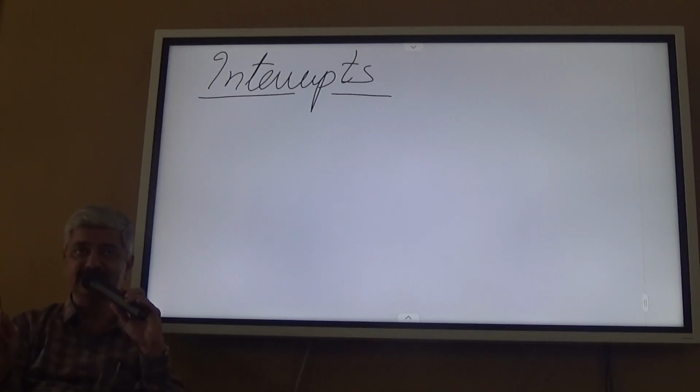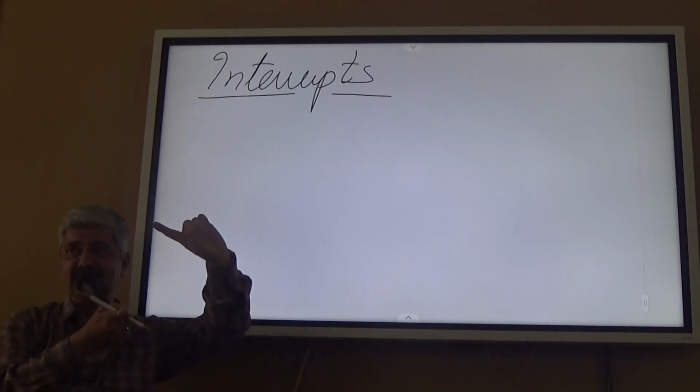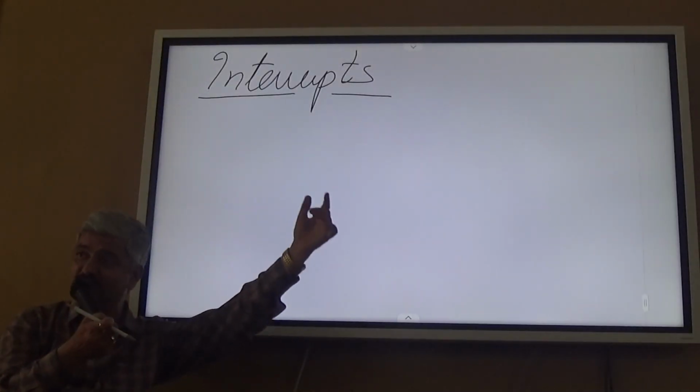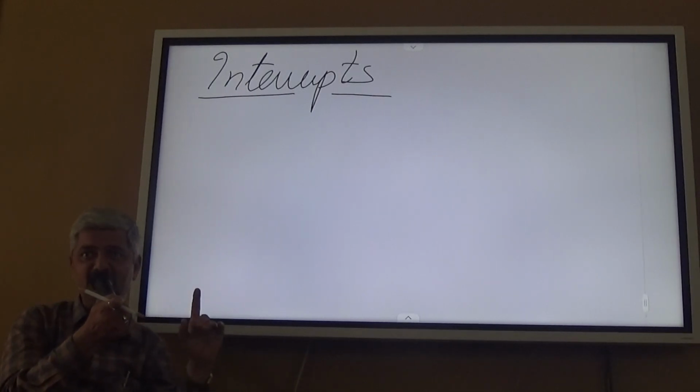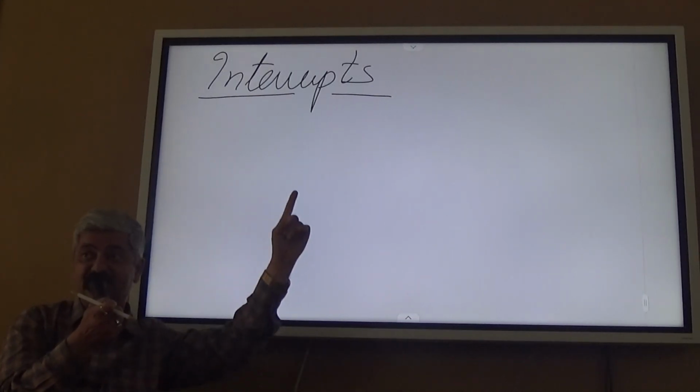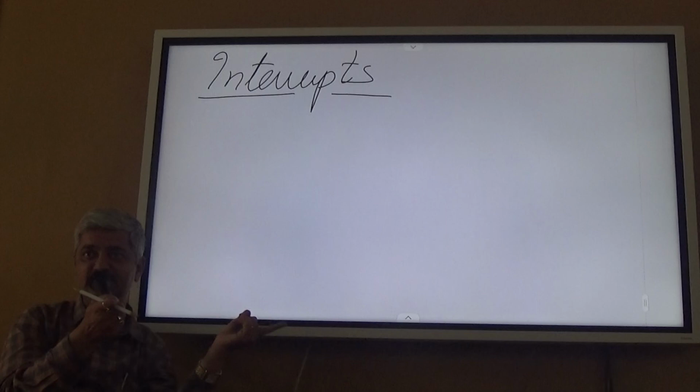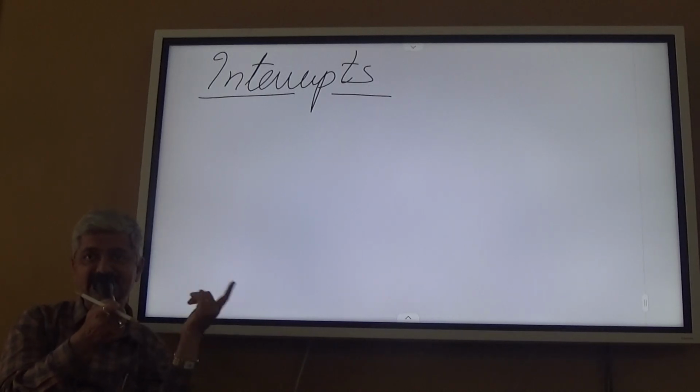But what we have explained is that using LDA and STA instructions, if some memory location is an output port, say at FFFE, if you write STA FFFE, whatever you output from the accumulator appears on the 8 pins. So an output port is one where, when the microprocessor writes into it, the data is available on the actual physical pins as 1s and 0s. But what is an input port? If the microprocessor reads